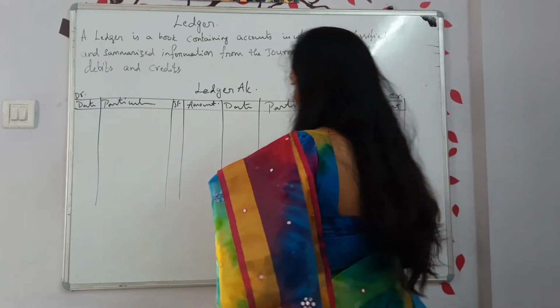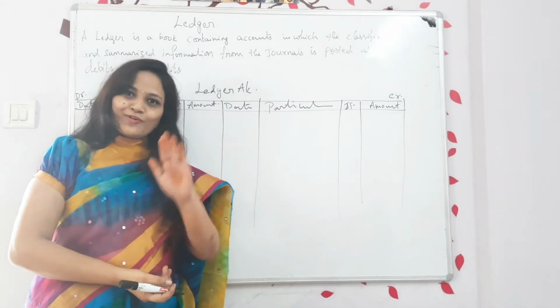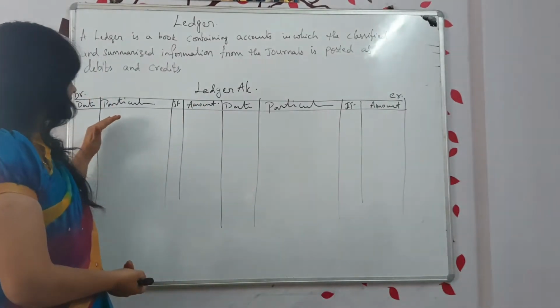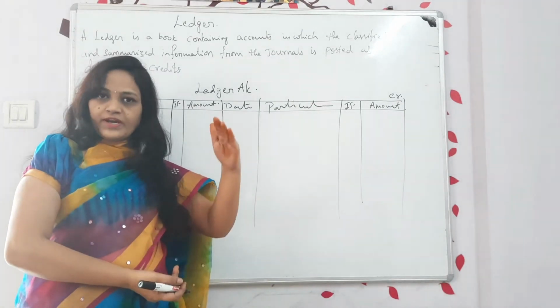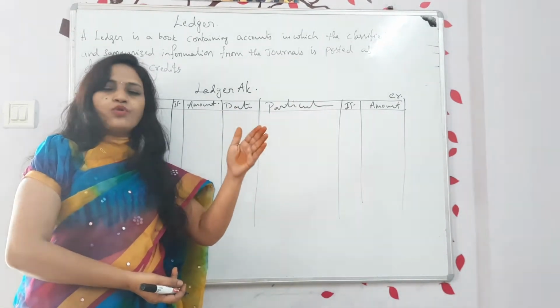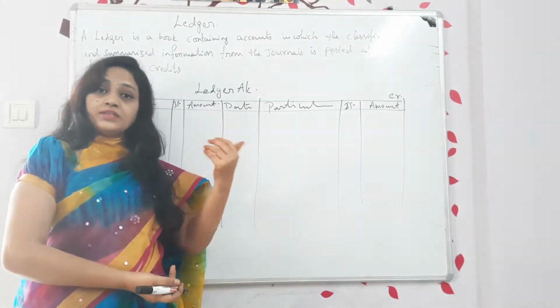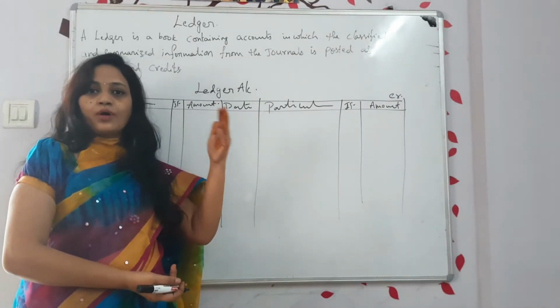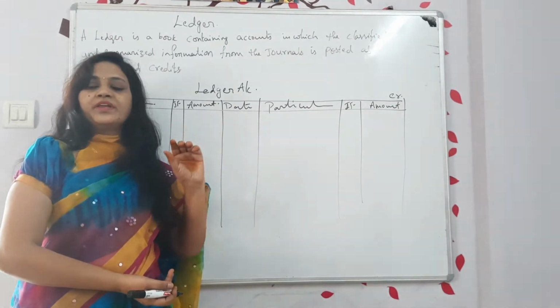What does this mean? Correct? Date everyone knows. Any of you having known what is date? All of you know what is the date. So date in the sense on which day the transaction has happened. When we are writing the journals, already we have done so many videos, 3 videos or 4 videos about journals, right? Even with the real account, nominal account, there also we have done the journals. You can check, so many journals we will be writing.